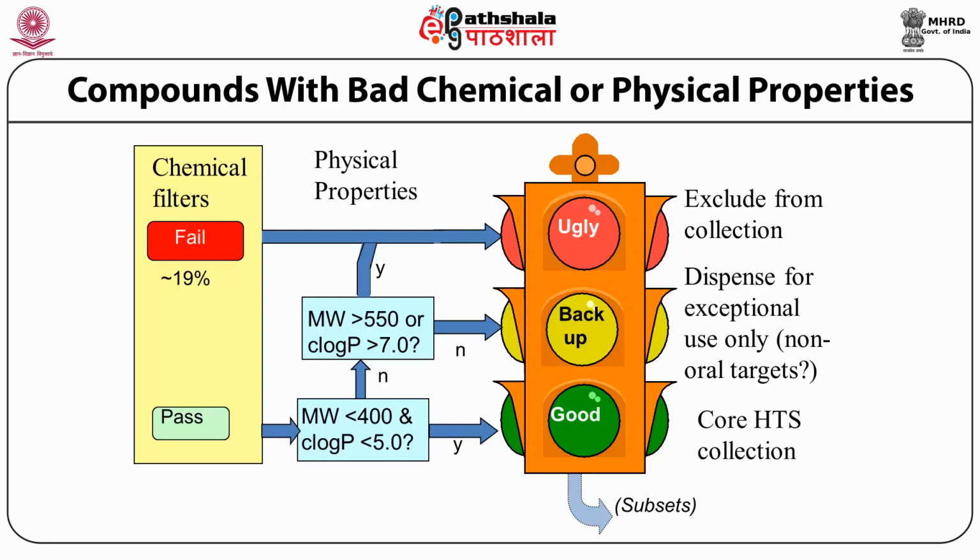Yes, so it is best to first filter with the physicochemical properties, and only once compounds pass through those, use the pharmacophore properties. So here is a slide which shows that we should first filter the compounds. We annotate the compounds as backup compounds, which have a molecular weight between 400 and 550, borderline compounds with C log P 5 to 7, and good compounds. Most of the bad compounds we can throw away.